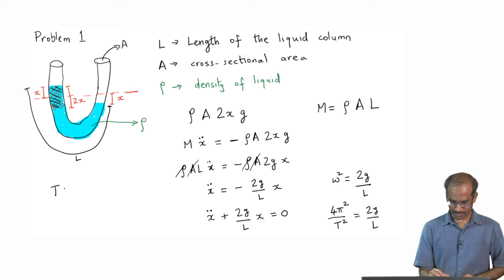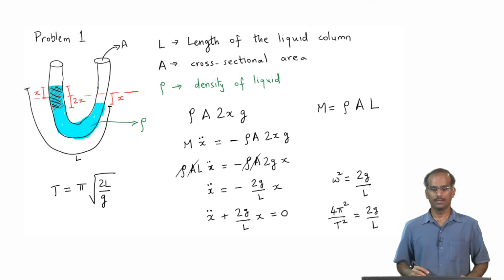So, if you do that, time period will be equal to pi multiplied by root 2 L by g, and